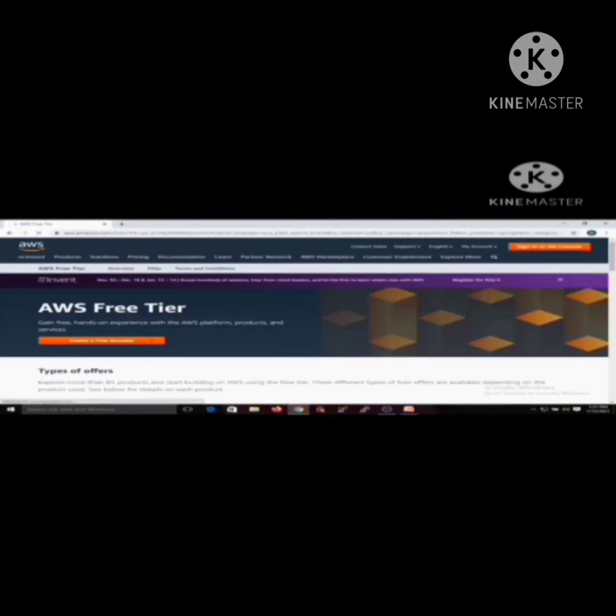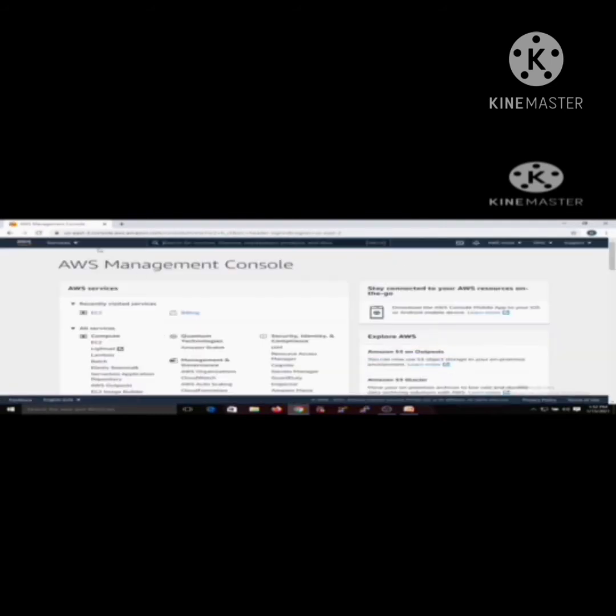Let's see. First type AWS account. Go to Amazon Web Services. In order to create a new account, go to create a new account. It asks for some payment details, give them to create a new account. If you already have an account, go to sign in to the console. You go to the AWS Management Console. In this, go to services, go to